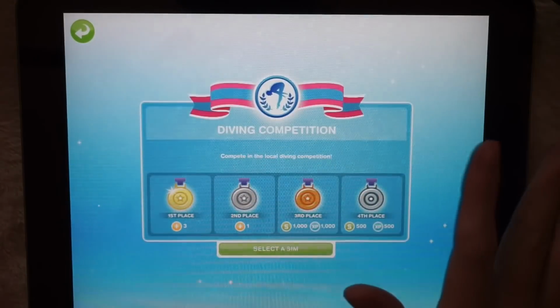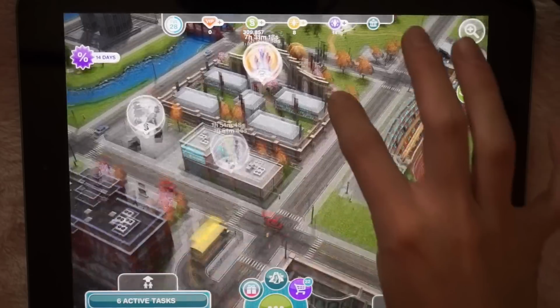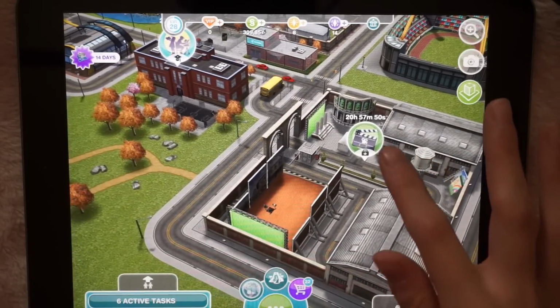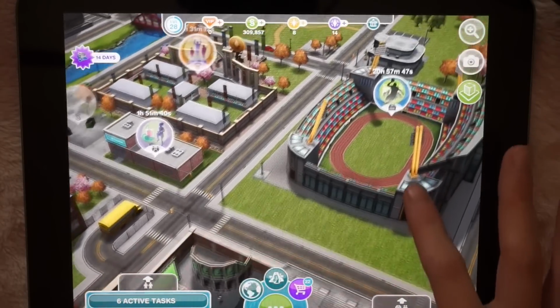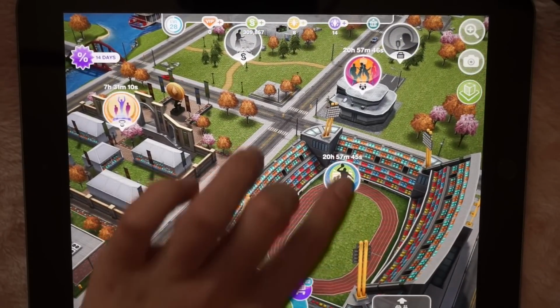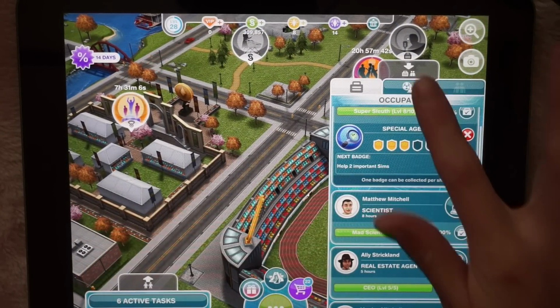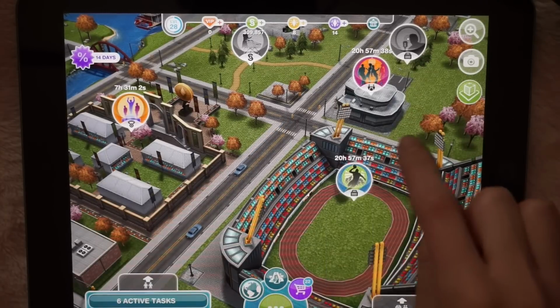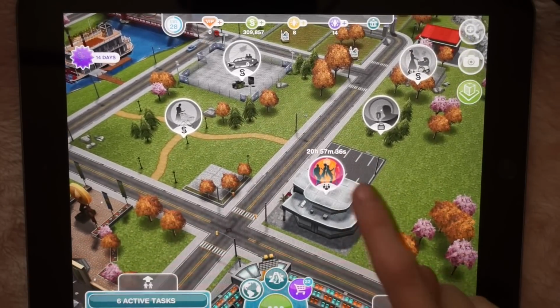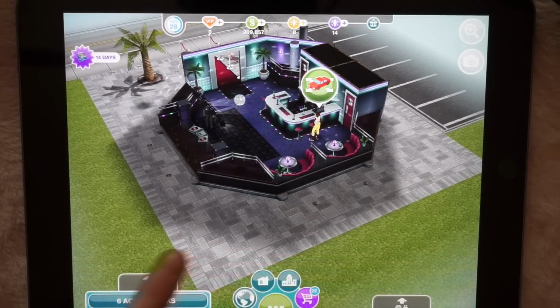This is the competition center, which I never do. Then this is the movie studio, which is a career. What's this? I think that's where the athletes go. Some sort of sports place. This is, I don't know. Oh, some sort of disco. And to get back to it, you press